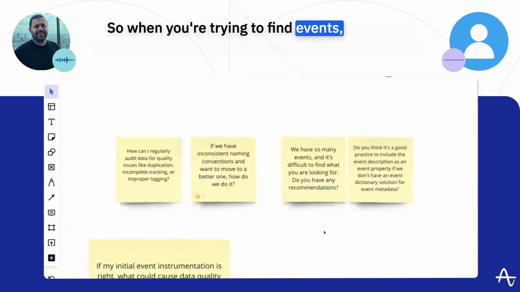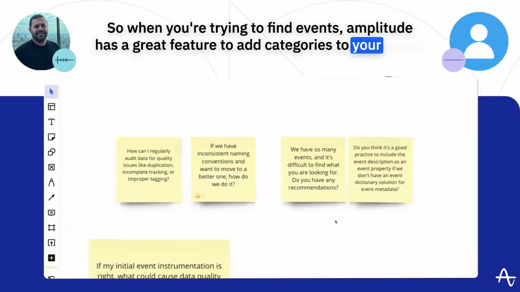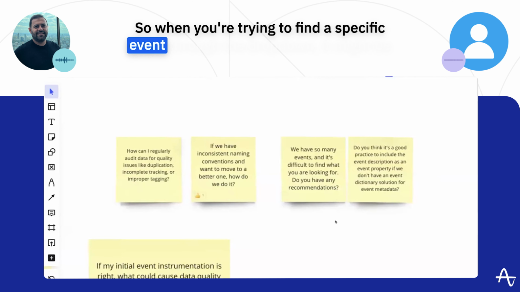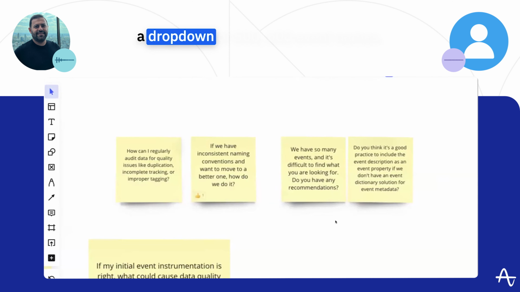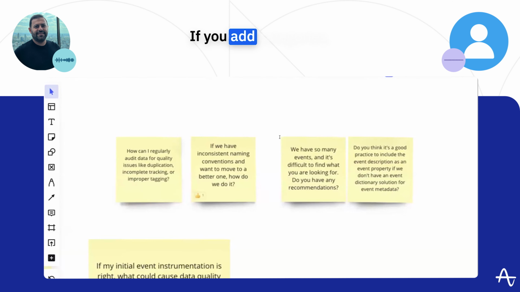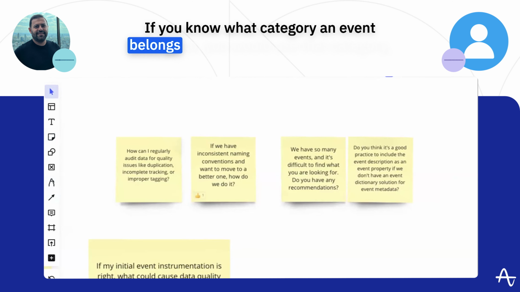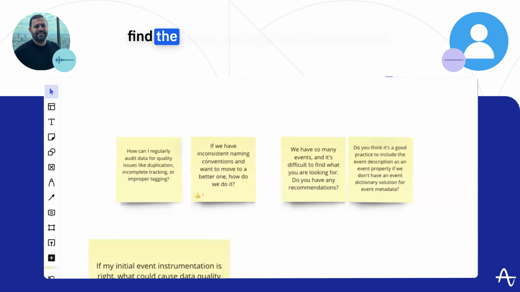So when you're trying to find events, Amplitude has a great feature to add categories to your event. So when you're trying to find a specific event through the dropdown, it might be a dropdown of 500, 600 event names, and you're scrolling through all of those. If you add categories, it makes the process easier. It's broken down into smaller chunks. If you know what category an event belongs to, you would use that category, find the event, and get to